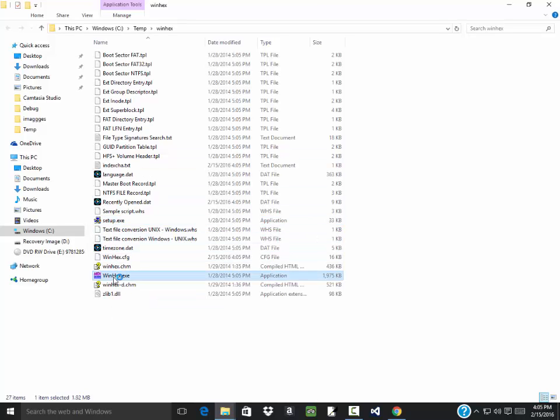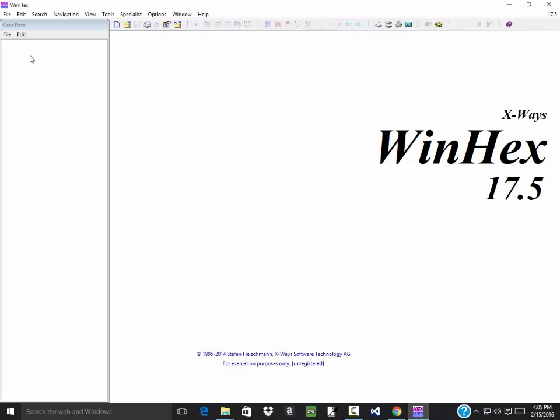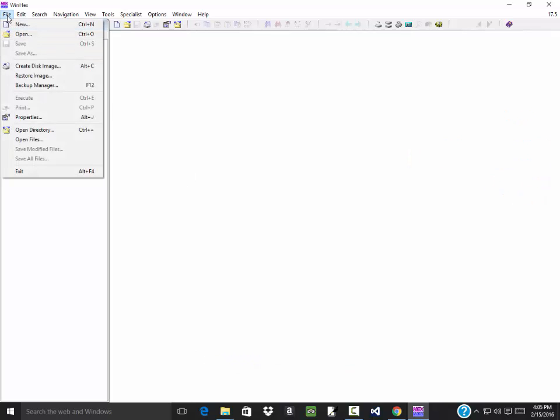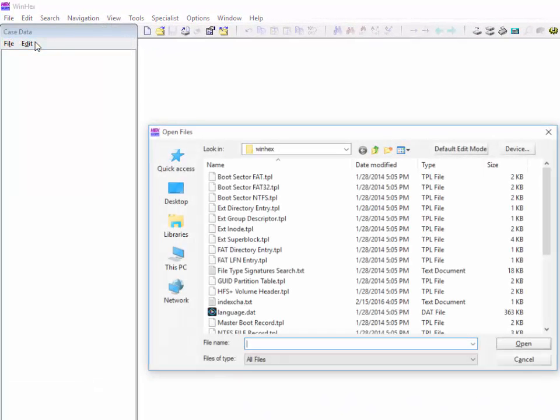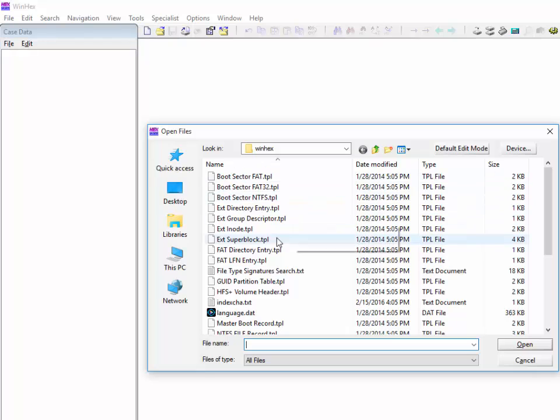So I'll go into WinHex. Okay. Then under the file here, you can do an open, and you see a lot of these have creating disk image. So you're seeing kind of the same tools in a lot of different places. Okay, I'll do a file open, and I'm going to choose